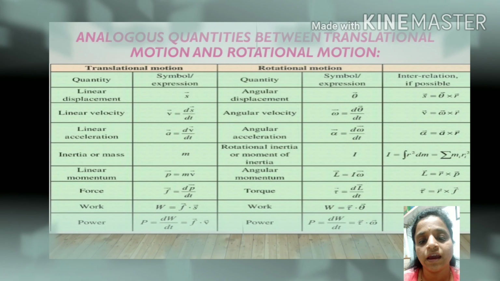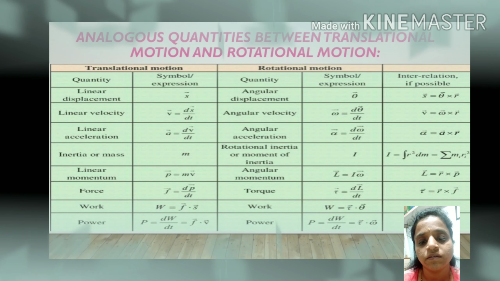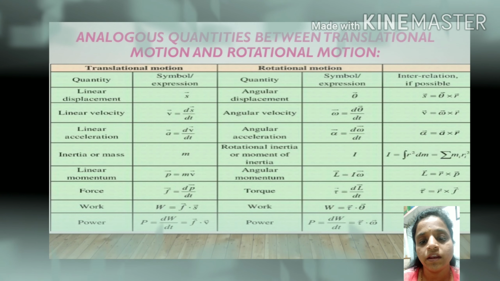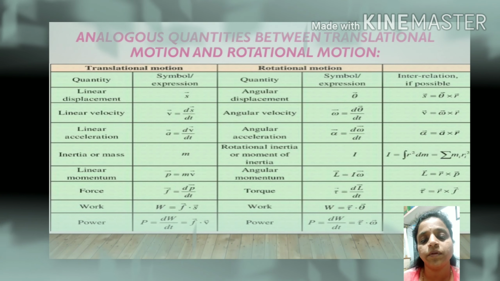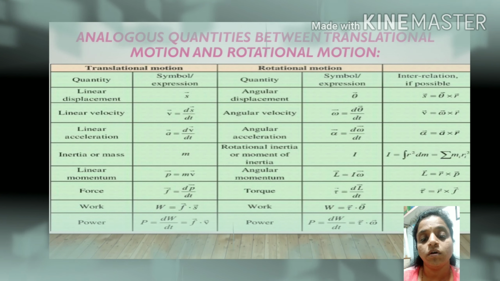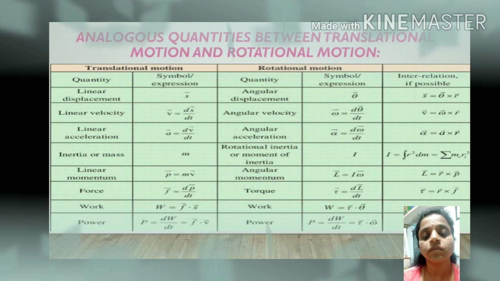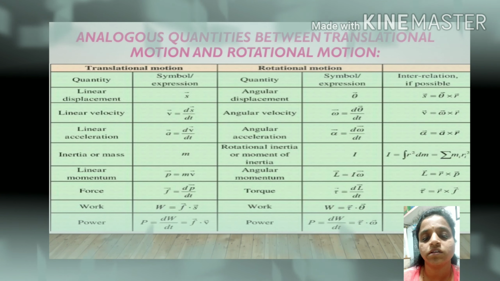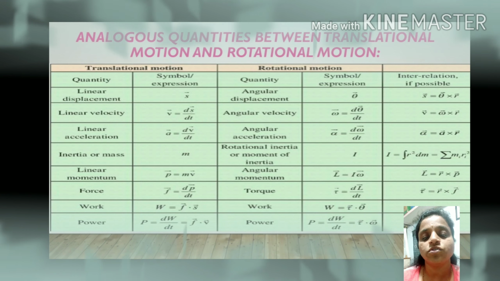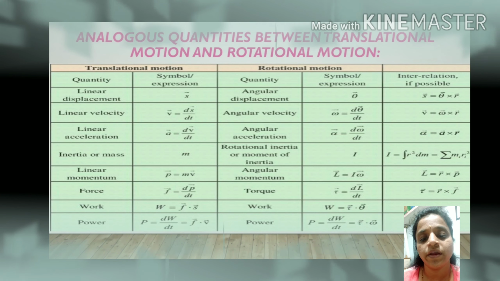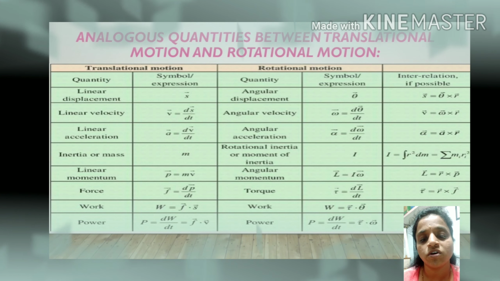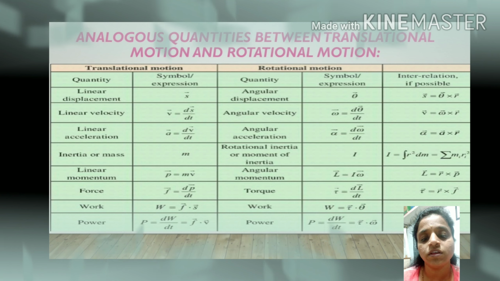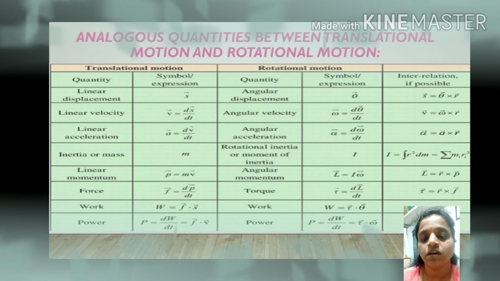So upside, see, r bar is afterwards. See, s bar is equal to theta bar cross r bar, and here r bar is taken previously. So we have to remember where r bar is coming afterwards and where it is coming previously, because the associative law is not obeyed in cross multiplication. Here vector cross multiplication is there, so associative law or shuffling is not allowed.